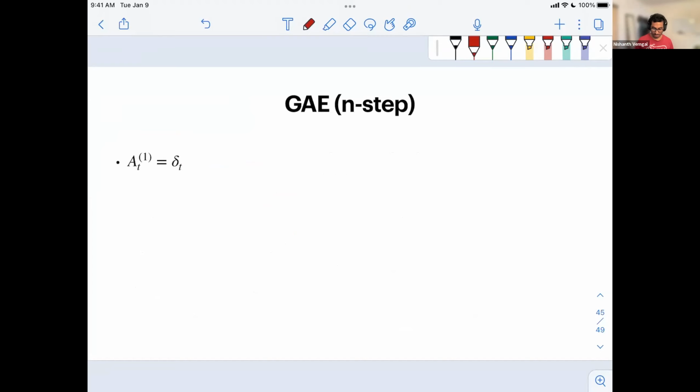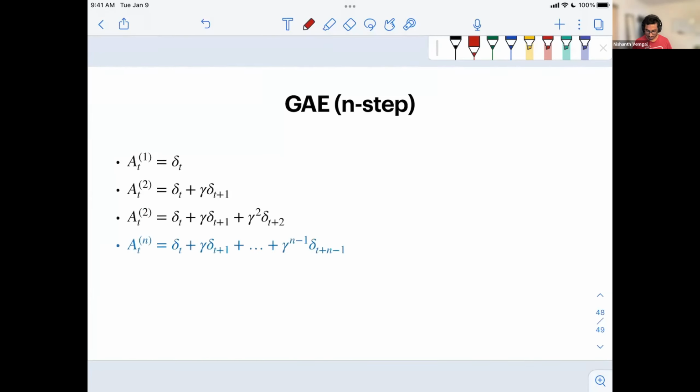The advantage estimate is usually a one-step TD error, but what this paper does is you can also consider two-step TD errors, which is the one-step TD error plus the discounted TD error at the next time step. Similarly, you have a three-step advantage estimate, and you also have an n-step advantage estimate, which is nothing but